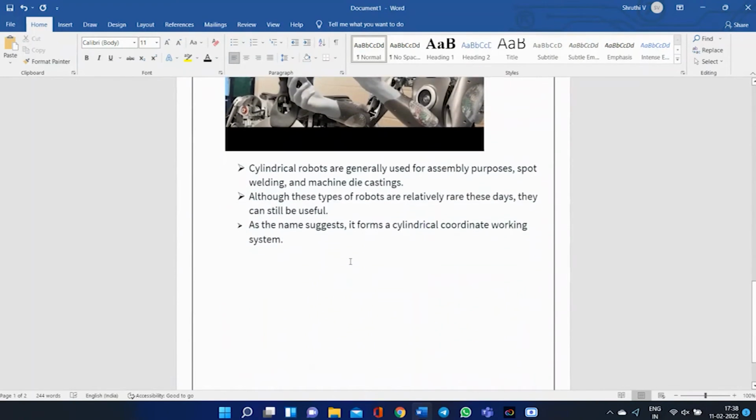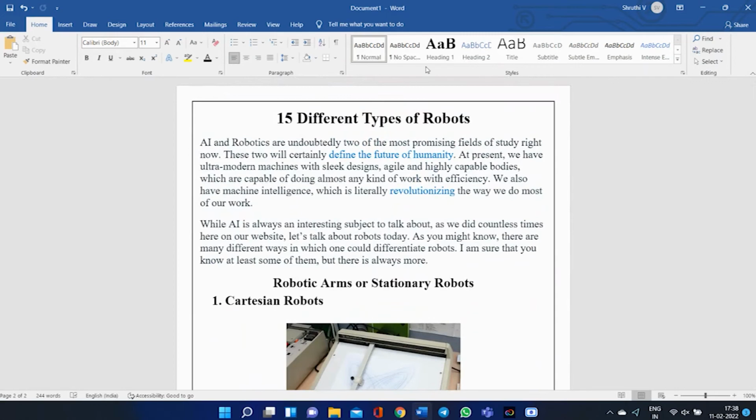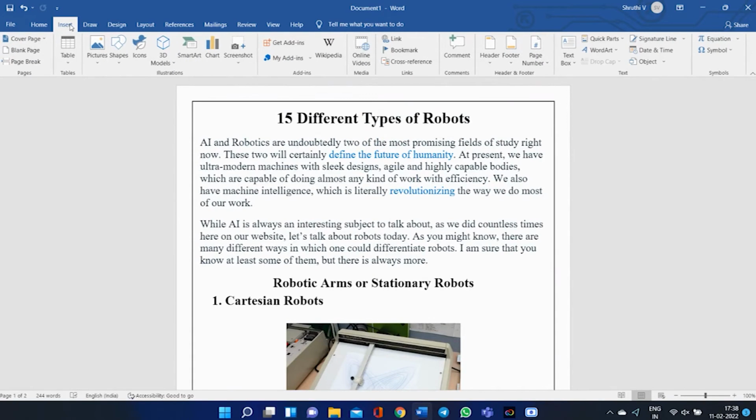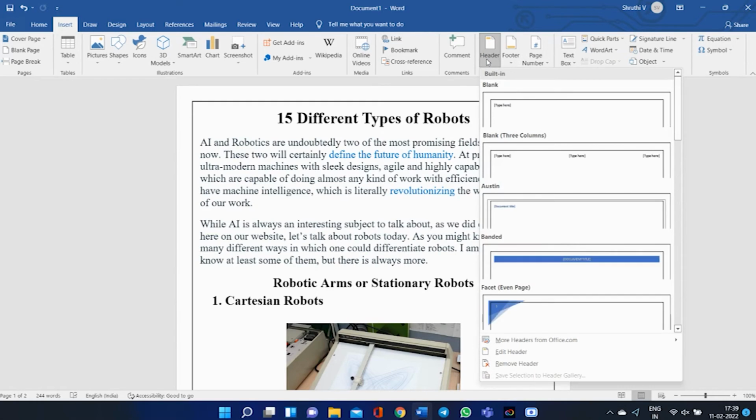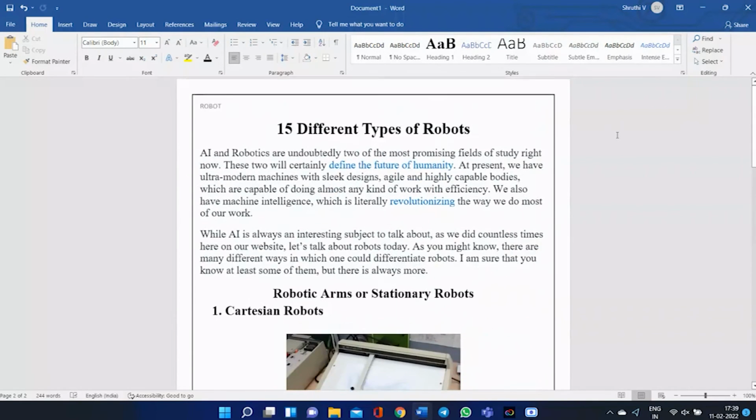The last thing which we are going to learn is giving the header or footer. So in the insert option, we have header, footer or page number. So header is nothing but, you can see in some books, the chapter name will be repeated on every page, on the top of the page, just like that. So let's say if we are using header and we want to repeat the title robot, you just use the header and press the header key. So the title robot will be placed on every page.